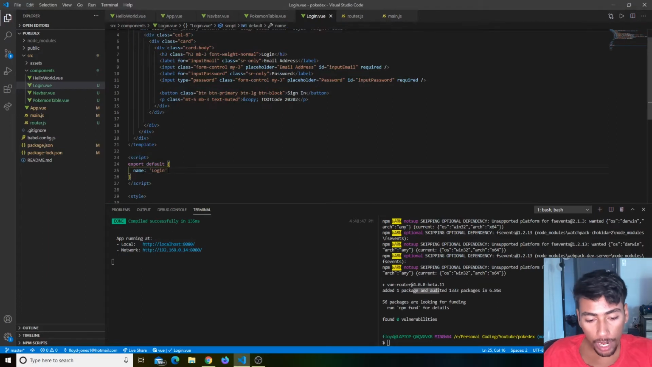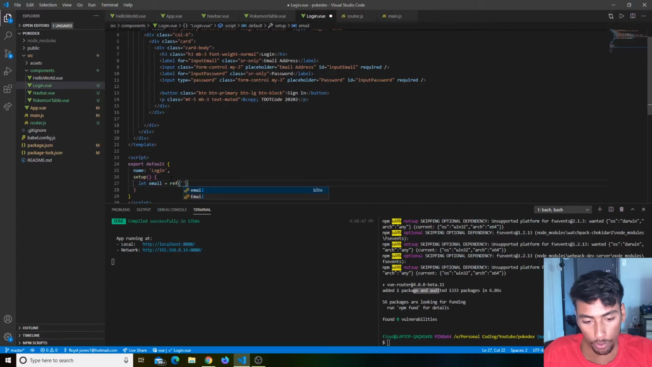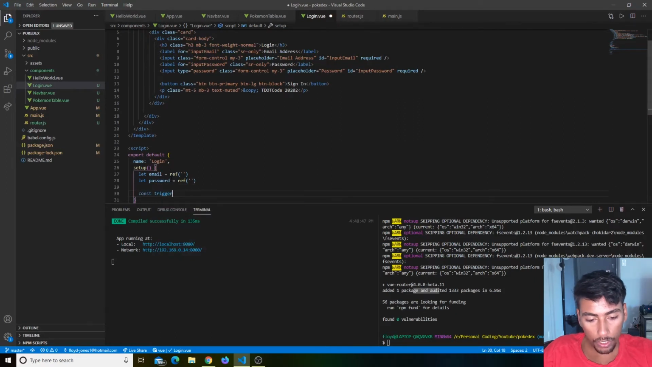So again, we're using the composition API, so we just have to use our setup function over here. We need to keep in our state the email and password, so we need again to use refs for our state management within our local component. So let's just make one, let email equals to ref, and we'll actually import ref soon, and let password equals to ref. And over here we will make a function called trigger login,